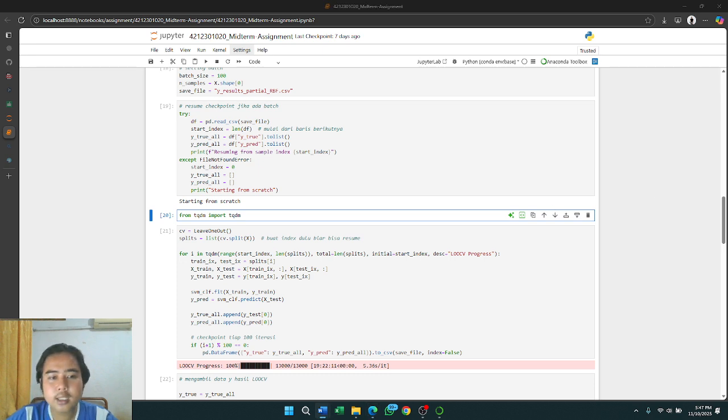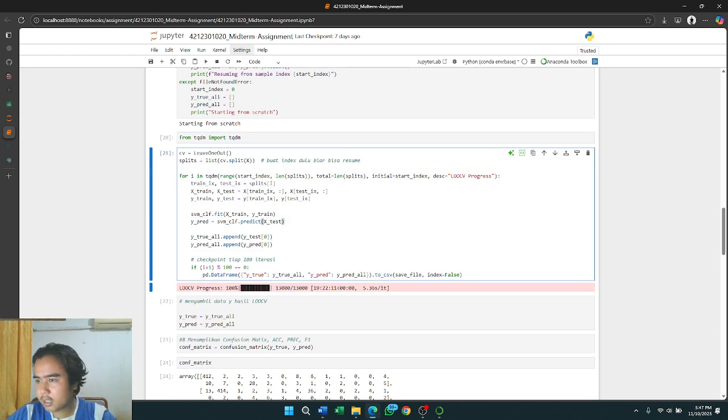Next is the from tqdm import tqdm command, which can be used to import the tqdm function from the tqdm library. It displays a progress bar while running a loop in Python.